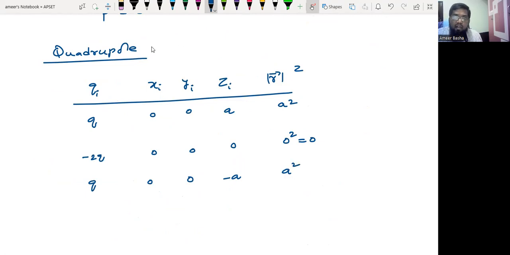And remember, our point will be the point where we are calculating. It is a generalized point, x, y, z. This is the point where we are calculating. Okay, so this is the prime coordinate. You should remember, these are all the primes actually. Yeah. So let's go to the first element in the quadrupole moment. We need to calculate here